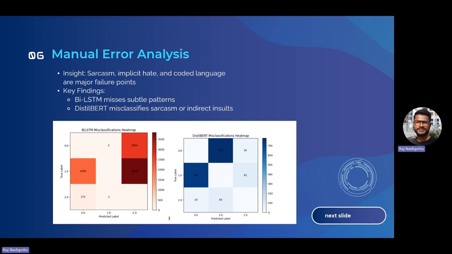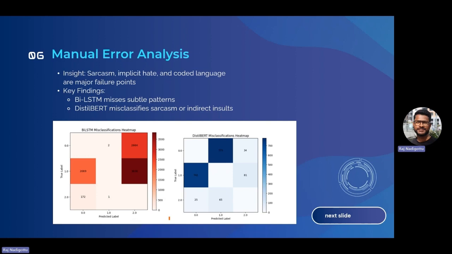When we observe this, we can see through these heat maps that the models are finding it difficult, especially when differentiating between normal and offensive, or offensive and hate.